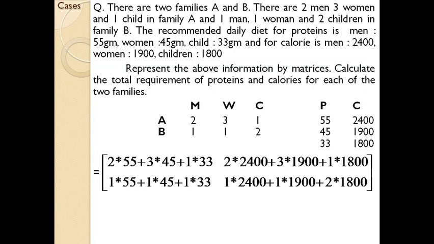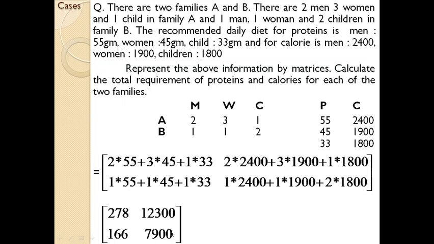That is the second line. I hope you know how to take the multiplication in these cases. Just go through the concept. If you have any doubts, just go through the previous sessions in which we have discussed in detail the multiplication of matrices. By solving this computation within these square brackets, you will get the amounts like this. By solving this part, you will get 278. By solving this part, you will get 12,300. By solving this, you will get 166, and by solving this, you will get 7,900.